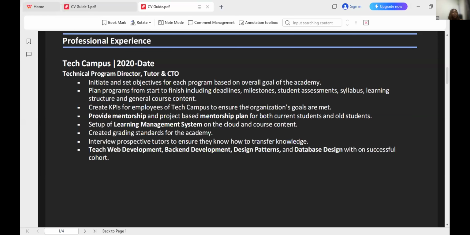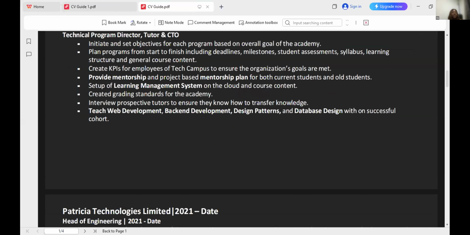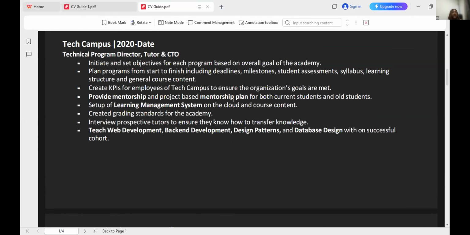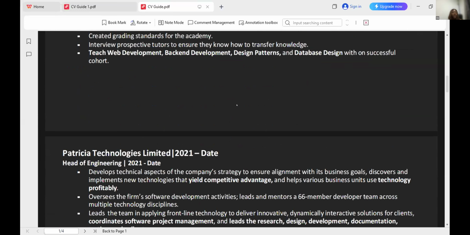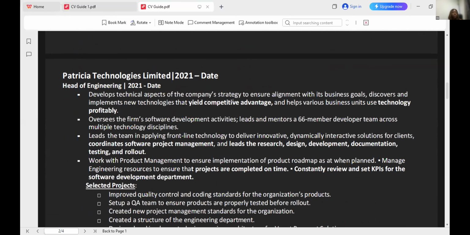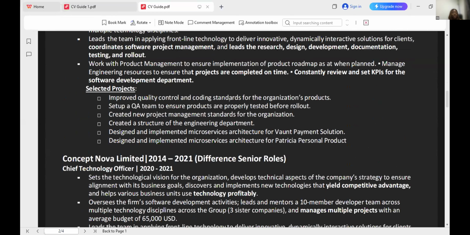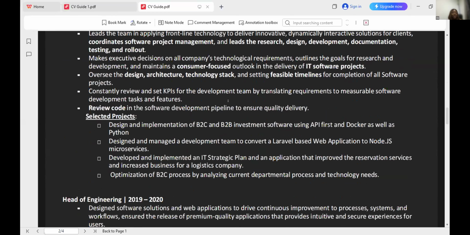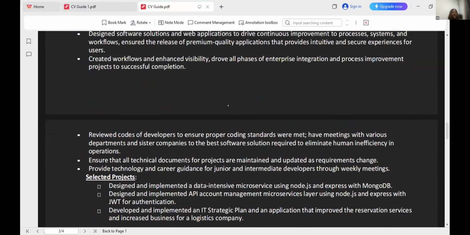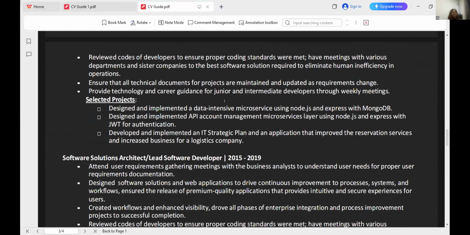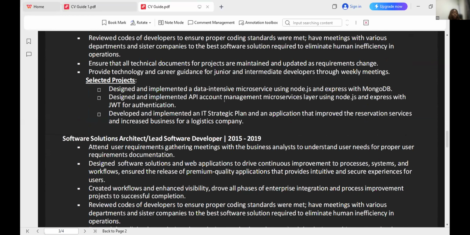Now, this is an error. The months he worked should be here, but it is not here. But please ensure you always have your own. Till date, it's still the same thing as till present. Then his role, and these are his achievements. The same thing, where he worked, the name of the company, the role, and the achievements. You can see all of his achievements here. You can see the bullet points, the font size, the professional fonts used. Everything is very clear. Scroll down, please.